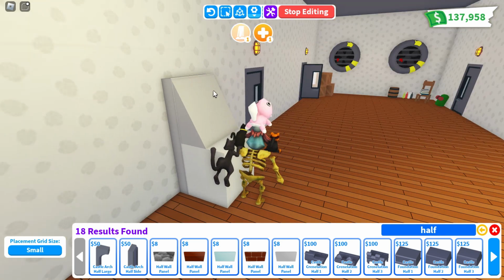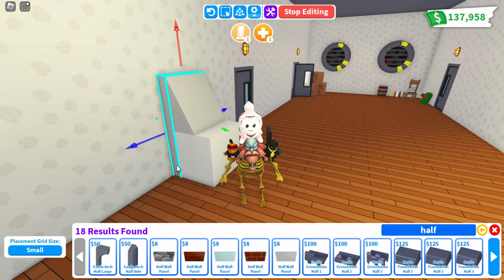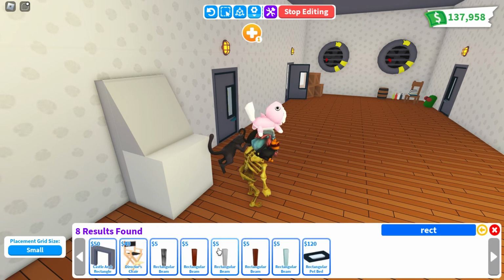Yeah, the top, so it's not going to matter too much. You'll see in a couple minutes. And this might actually need to go back up. There we go. Alright, so now we have kind of this basic shape. Now we want to do some rectangular beam action. So, rectangular beam